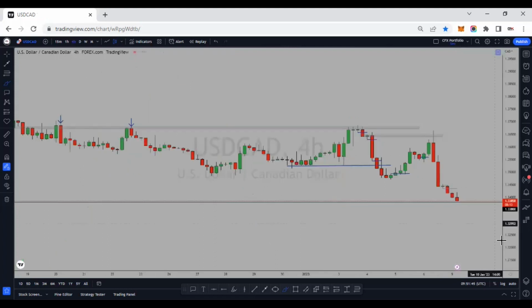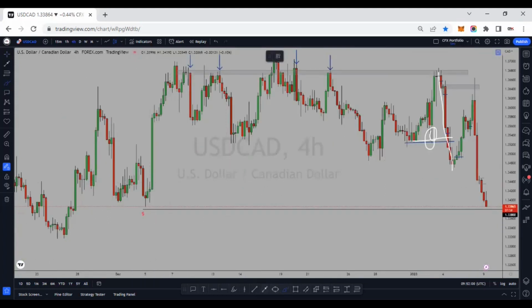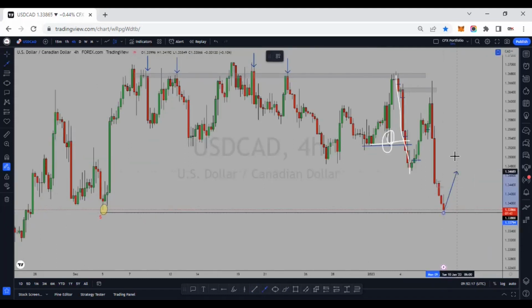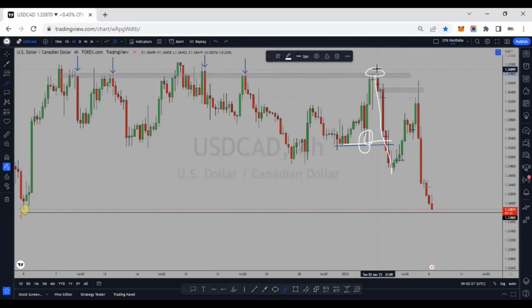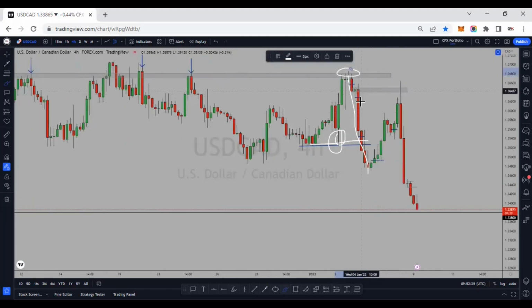So let's go to the 4-hour. What I'm looking at now is this level. I'm looking at the possibility of the market grabbing this liquidity. I want it to go a little bit down like this before we start an up move to create a lower high. Obviously I expect the market to continue in a down direction, because after the rejection from this level, we created a lower low, and the market made a higher low here.